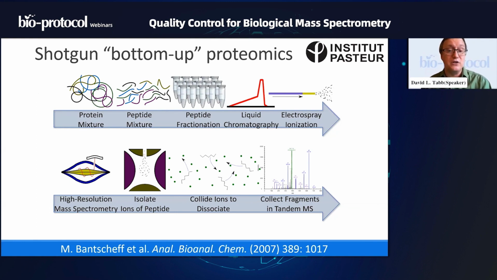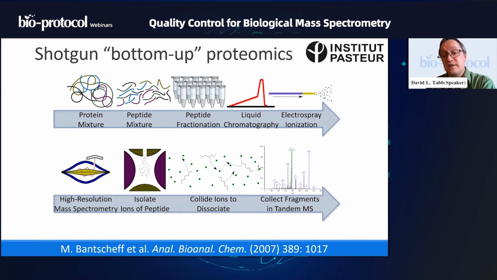And usually the trypsin reaction is around an 8-hour experiment or an overnight reaction. Once you've done that, you've gone from, let us say, a protein mixture of 10,000 proteins to something like 100,000 distinct peptides. We've made the situation worse, not better. However, peptides are a lot easier to work with in analytical chemistry than are proteins. So this more complex mixture in terms of numbers of different molecules represented is going to be easier for us to deal with at the stage of fractionation, liquid chromatography, electrospray ionization, and everything else that appears on screen here.